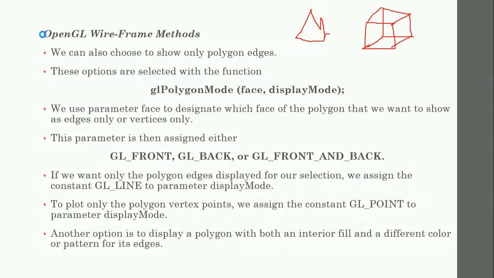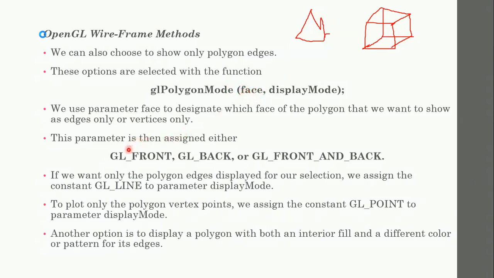Okay, so we have one function, that is the option we have here, glPolygonMode, within the brackets we write, the parameters we have are face and display mode. So what do you mean by this face? The front face of the polygon, back face of the polygon. Okay, so this is called face, different faces of the polygon. So suppose if you see a cube here, you have the front face and the back face behind the polygon, or the cube. So if you want to define it, you can define it here.